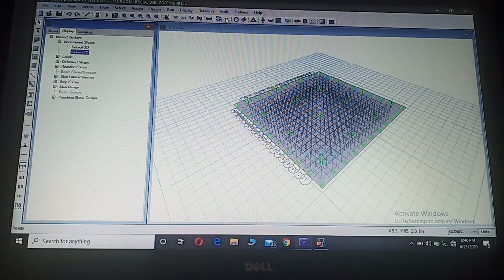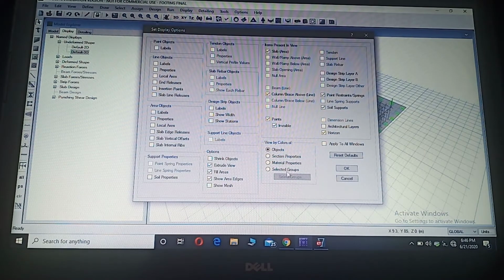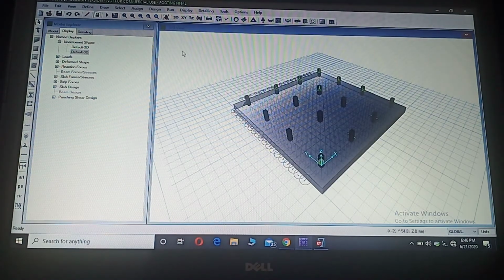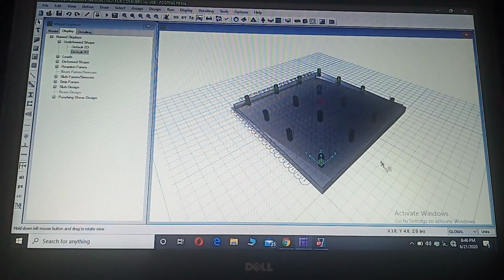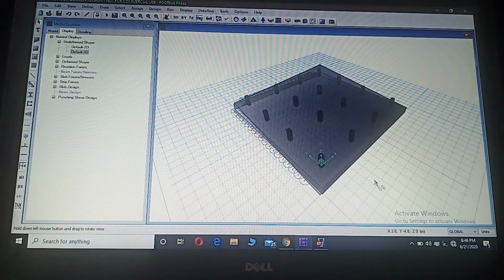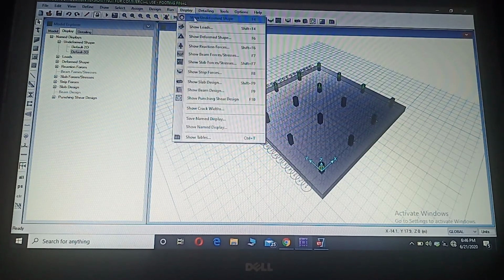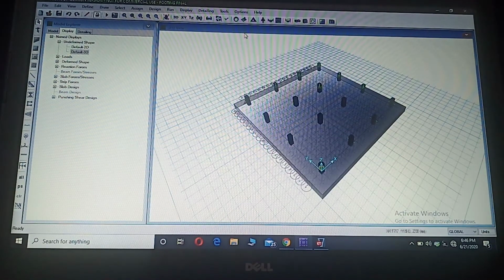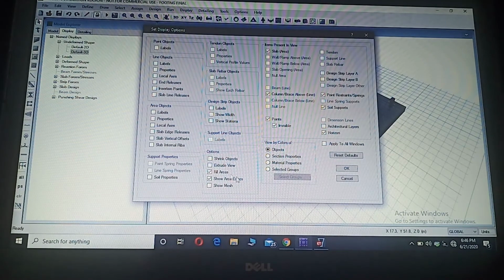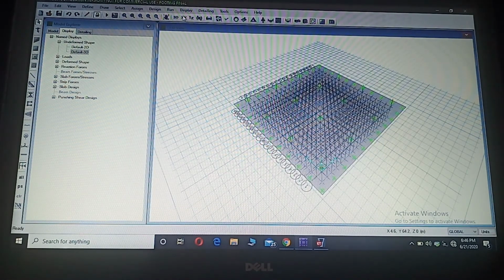I'm going to show you the 3D view of my plan. Here it is. Converted to 2D plan.